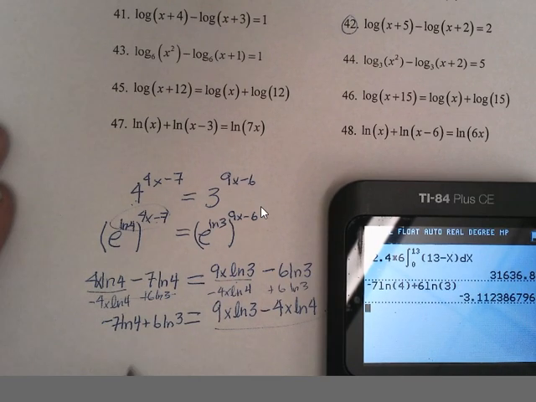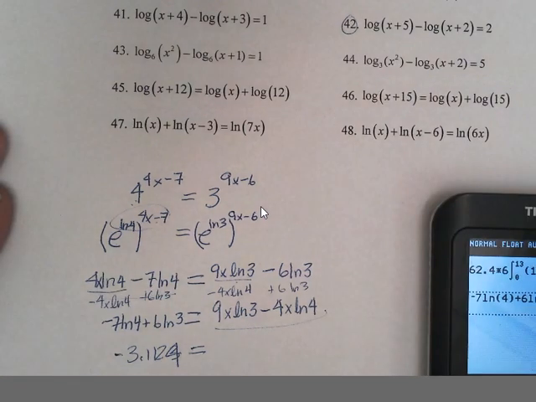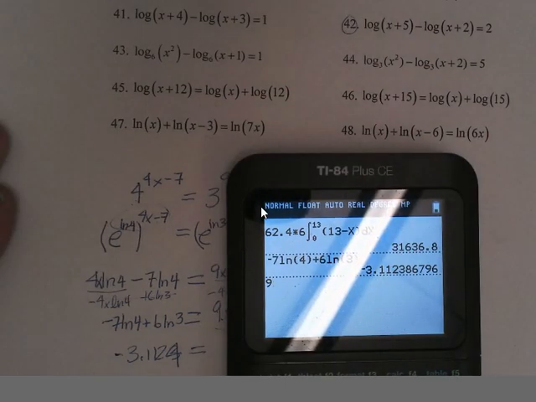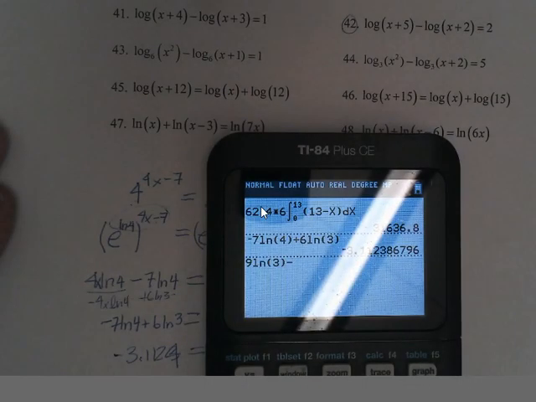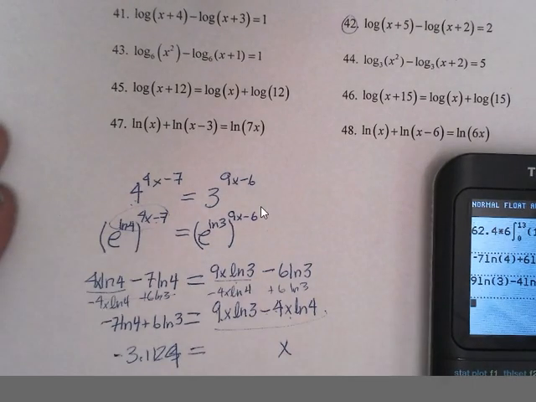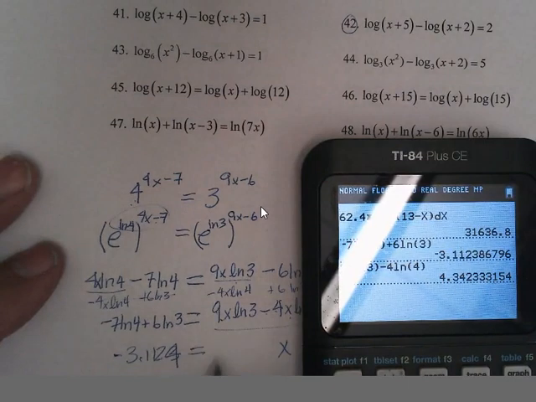And this side comes out to be negative 3.1123324, rounded, equals, there's x in both of these, so I can pull out the x, and then it would be 9 ln 3 minus 4 ln 4. 9 ln 3, close parenthesis, minus 4 ln 4. So I get 4.3423